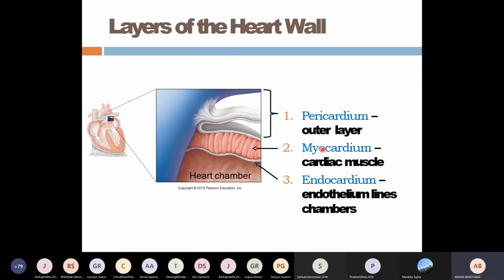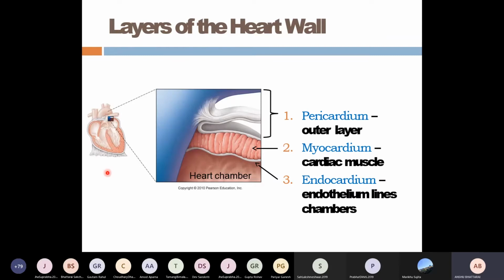The outermost layer is known as the pericardium. Here you can see, I hope this section is taken and enlarged. So the outermost layer, this is the pericardium. Here it is over here, see this pericardium. Then in the middle you have the myocardium, and finally the ones that are lining the heart chambers are the endocardial cells. Okay, so here there is the endocardium.